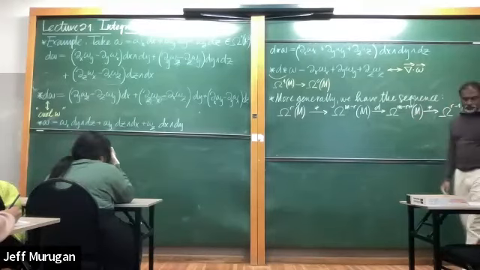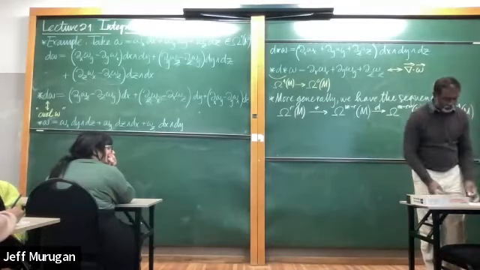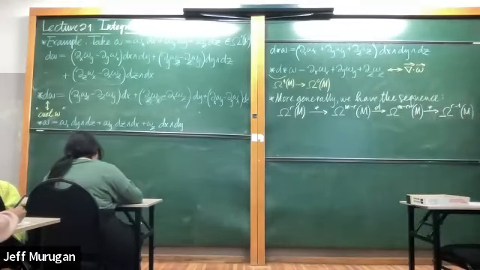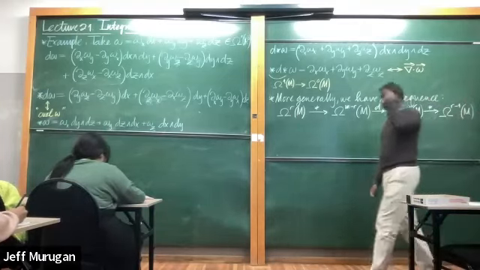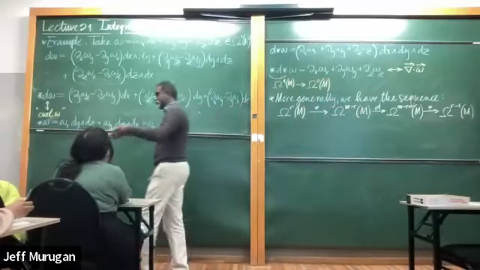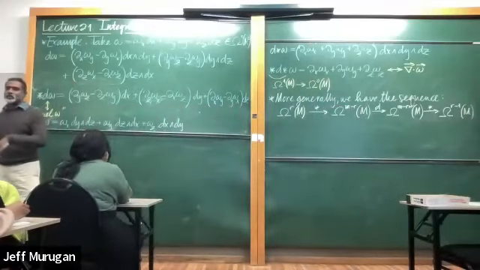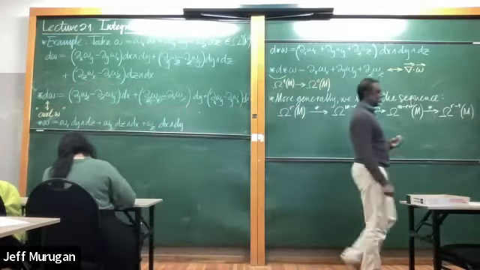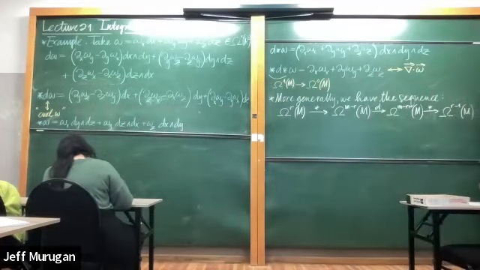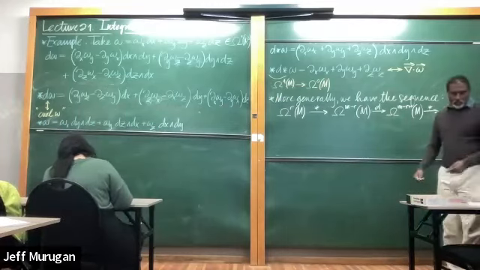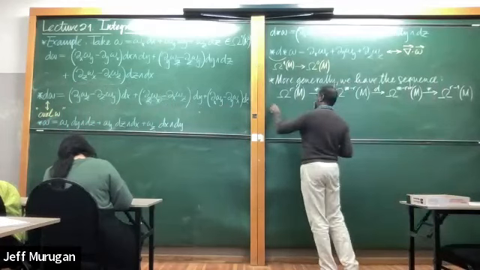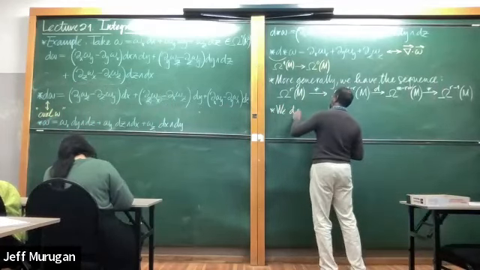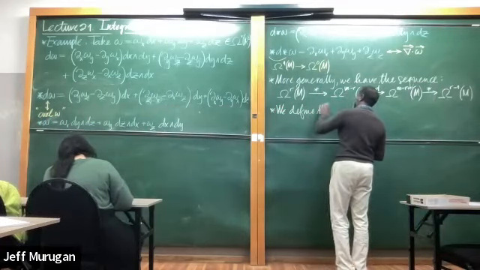In other words, the combination star d star takes me between the set of r forms and the set of r minus 1 forms, in the same way that d, the exterior derivative operator, takes me between the set of r forms and the set of r plus 1 forms. So if the exterior derivative operator increases the degree of the form by 1, the combination star d star decreases the degree of the form by 1. In fact, this allows us to define